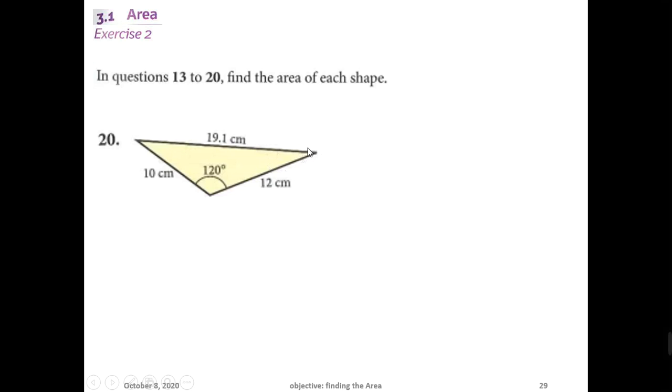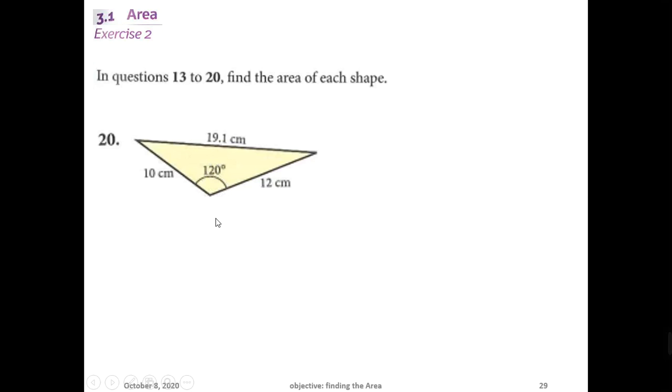So in here, you're going to consider your base 19.1. Draw the height from the apex down to the base, but this is a scalene. None of the sides are equal, so this is a scalene triangle. But you do the exact same steps. So from the apex down to the horizontal base, then you're going to have